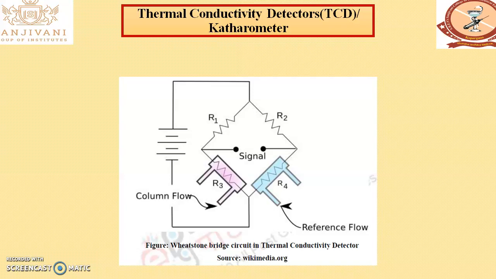Dual TCD analysis is possible. The TCD is a universal detector, and it is based on the ability of the molecule to conduct heat. Carrier gases like hydrogen, helium, neon or methane have standard thermal conductivity values. As the eluted solute passes over the detector sample filament, the temperature rises, and this change is observed as a signal. The rest of the detectors we will see in upcoming videos.